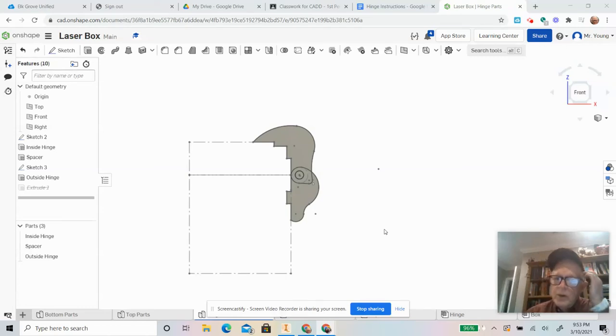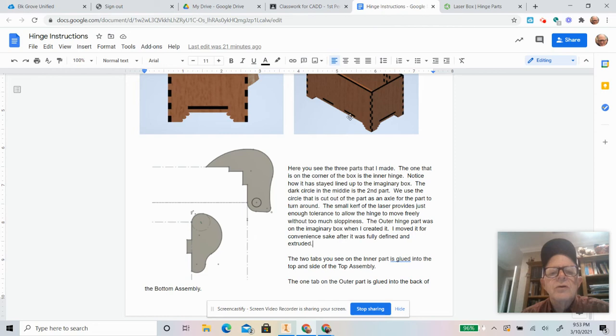All right, so we need to start our sketches to be able to do this. Notice I have made, with just construction lines, a 3x3 box, which represents the end of the box at the bottom, and then the 1x3 on the top. So it kind of gives me the outline of my box. I made this little document called Hinge Instructions,